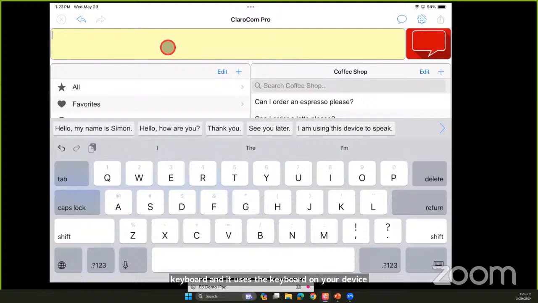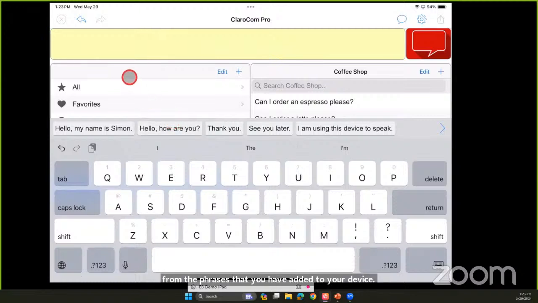But one thing that you will notice about this is the bottom word prediction layer is the iPad word prediction, but the top row here is the app's word and sentence prediction. And the sentence prediction that it uses is from the phrases that you have added to your device.